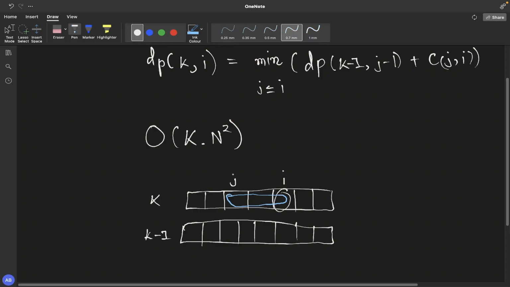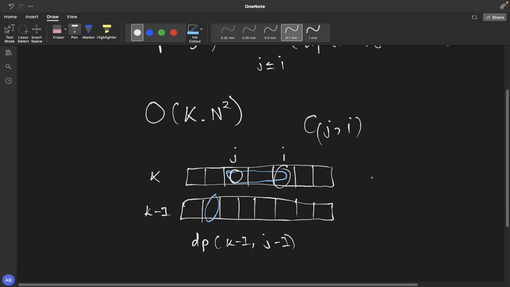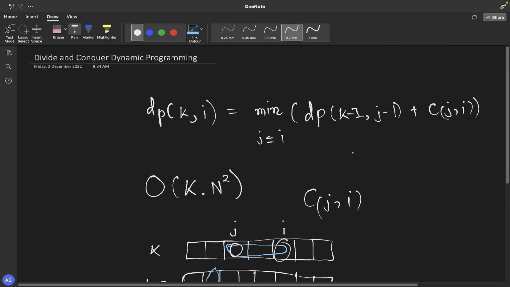So I'll call this j, this point. And the cost again over here is just j to i. And then what we also need to do is we need to add up this value to it, which is dp of k minus 1, j minus 1. So then we basically get this recurrence,